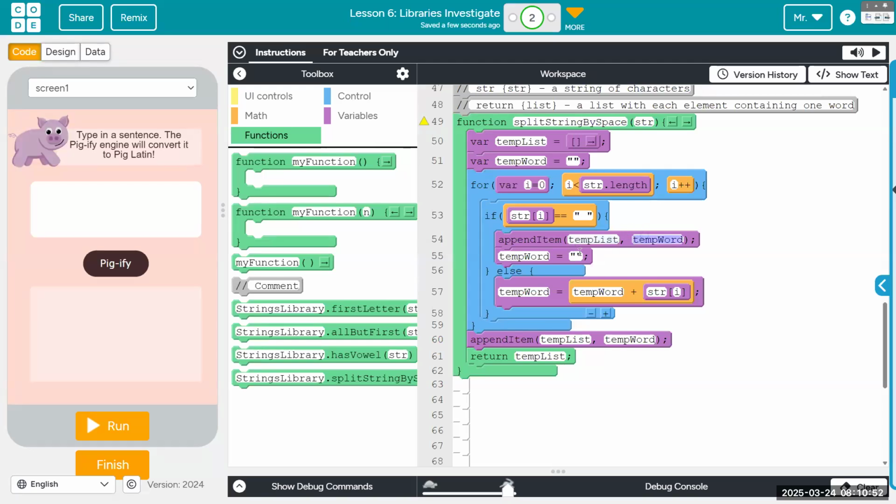Oh, if it's a space, it makes temp word an empty spot, and then we concat whatever that element is to the end of the list. And we end up with a list of however many spaces there are. Oh, wait, it should be spaces in between, excuse me. Space, space, there we go. Okay, and am I missing a